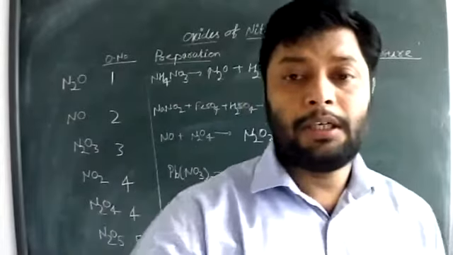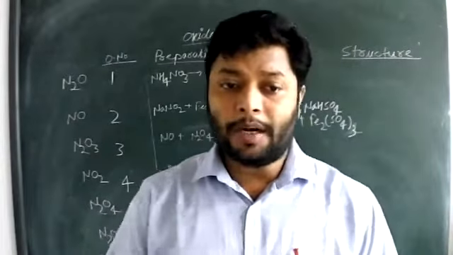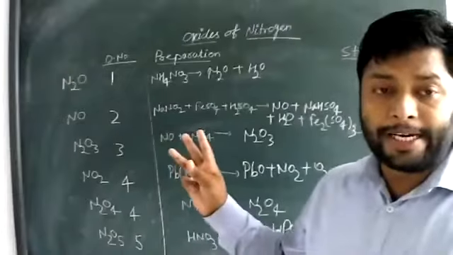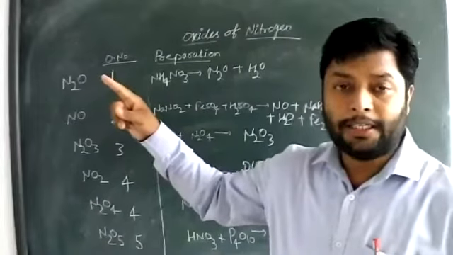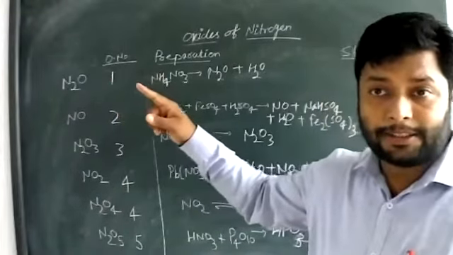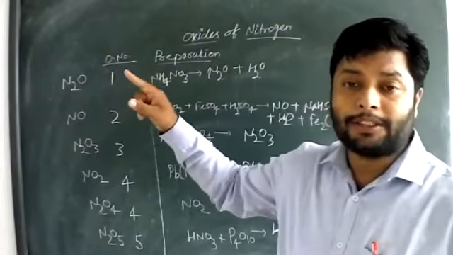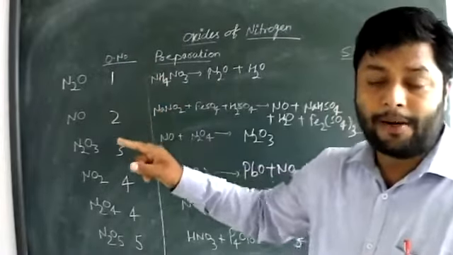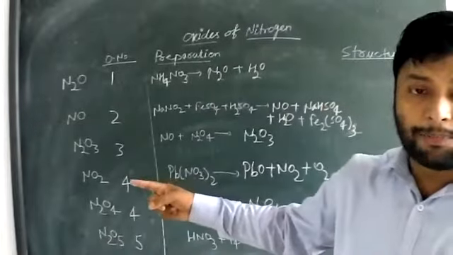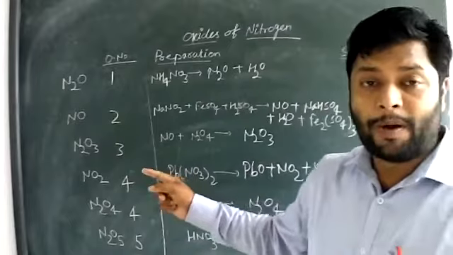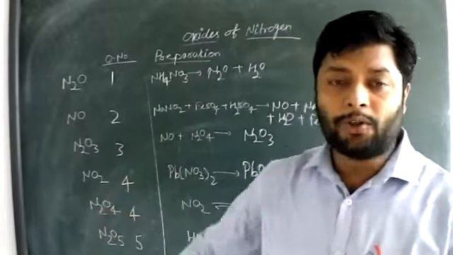But before going to structure, first you have to listen. Out of all six, the first two or three oxides are actually gaseous in form. Nitrous oxide, the first oxide, is gaseous, neutral, colorless. So a colorless, neutral gaseous molecule. The second one is also neutral, gaseous. And the last, fourth one, is a brown vapor, a brown gaseous molecule. But the gas is acidic. That NO2 gas is acidic.